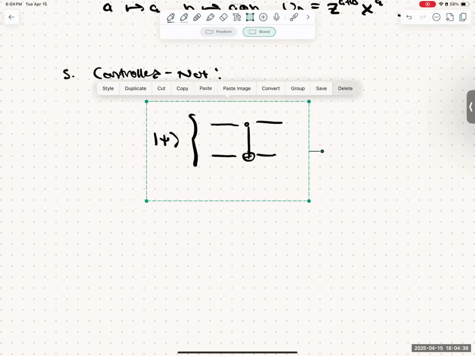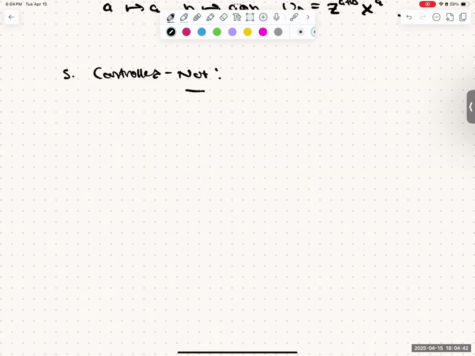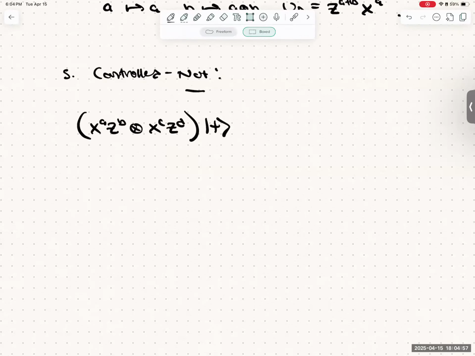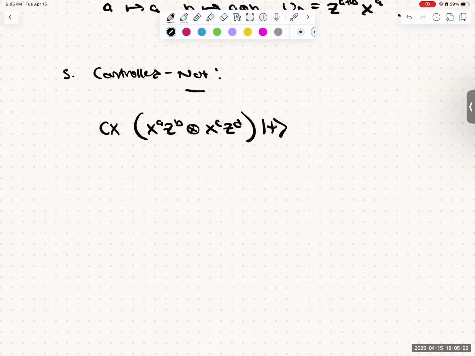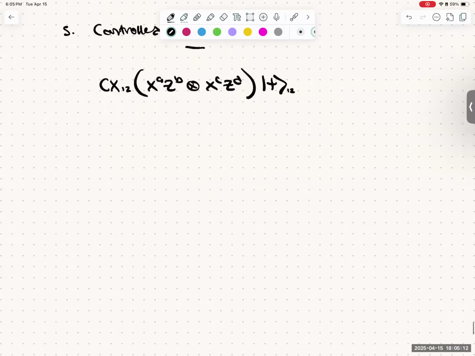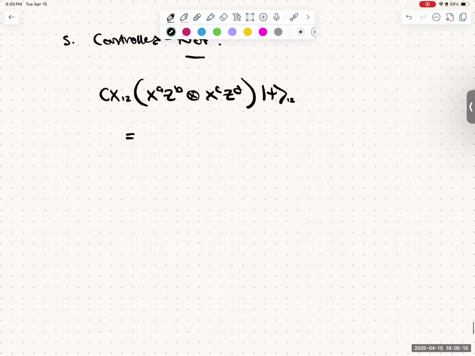Maybe no need to draw the circuit, actually. I'll just apply it directly. So XA, ZB, tensor XC, ZD, acting all on a 2-qubit state psi. And then we will apply controlled NOT, CX 1 2. Maybe this can be 1 2 like this. So how do we update this one? This one will end up being equal to